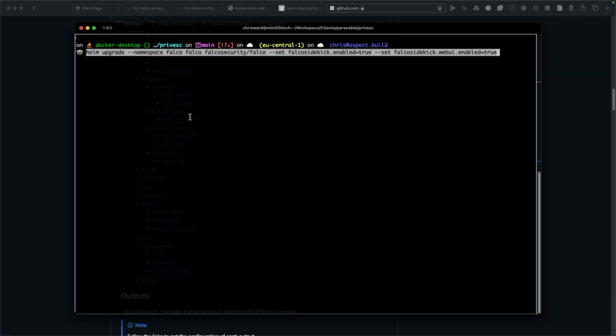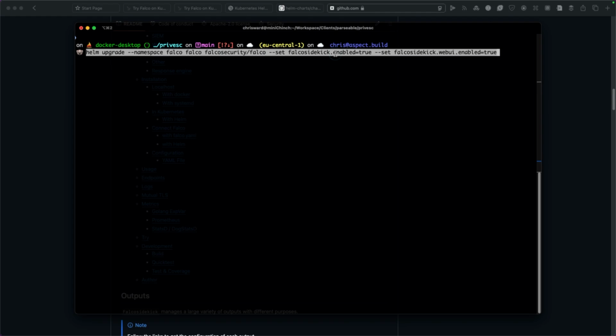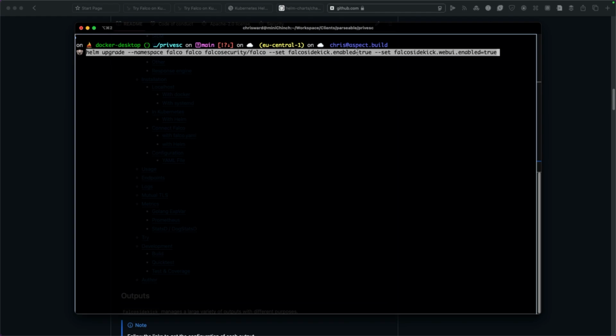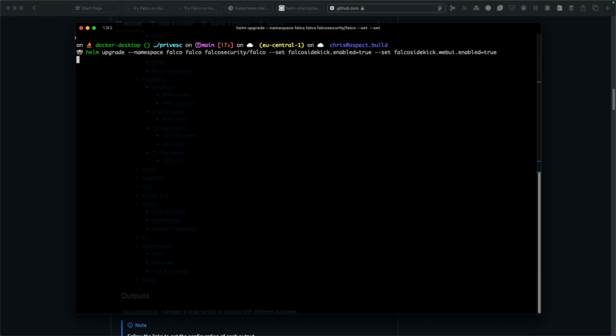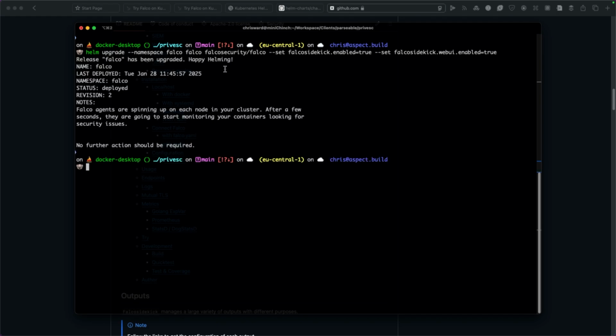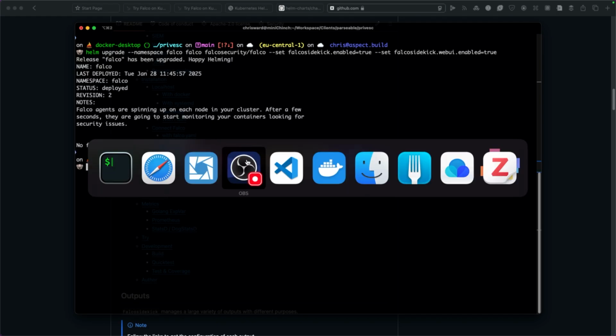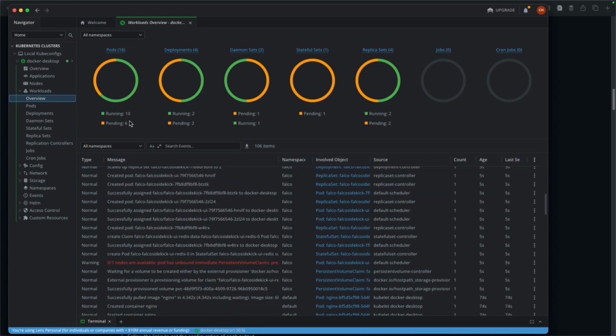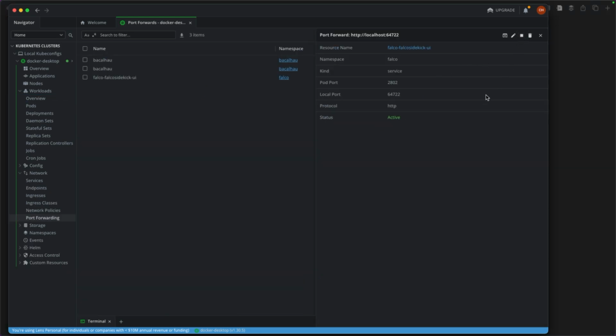So here, we can just run the Helm upgrade and pass the Falco Sidekick enabled flag and also the web UI. This will, again, take a little bit of time for everything to get deployed, as you can see. And now if we start up the port forward, we could do it from the command